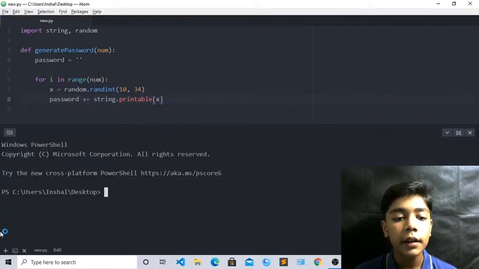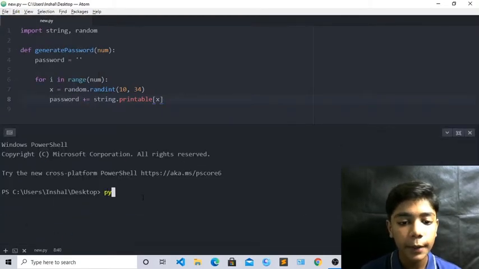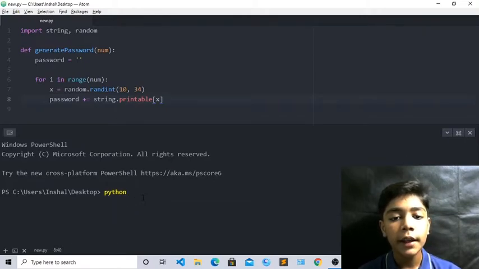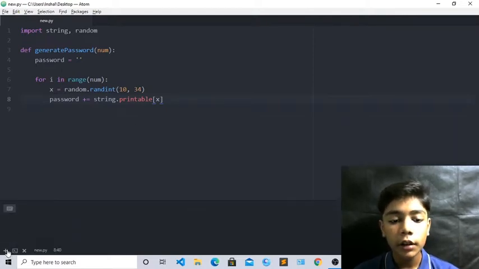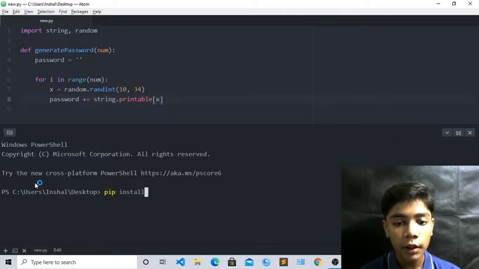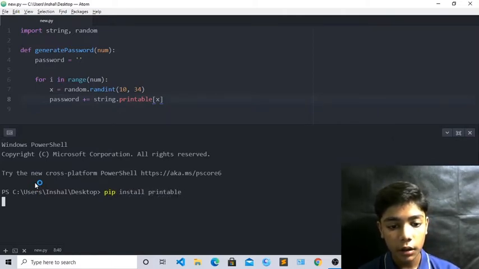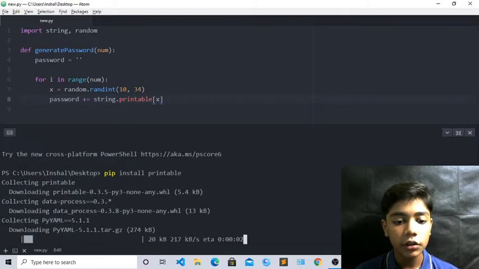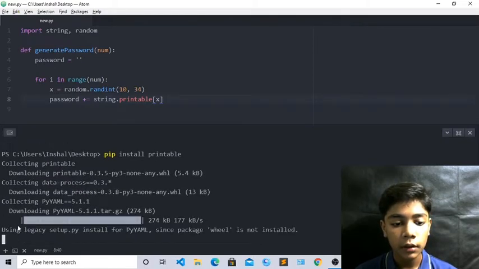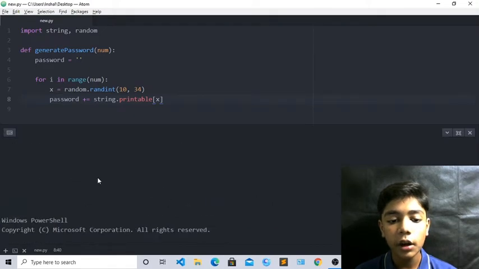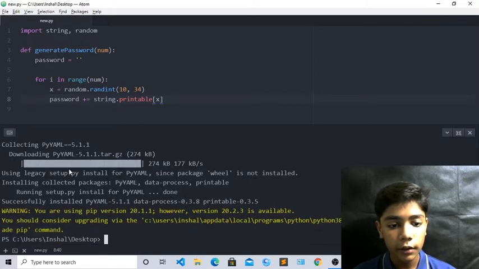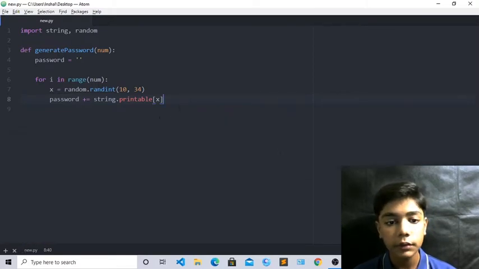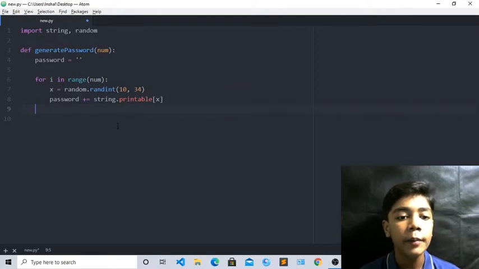Now go over here again, and write here python, which will be new.py again. So now it is working here again. Now when you have done all that, come over here, write here pip install printable. It is installing printable. You can see this, now it is done. You can see how easy it is to download everything from here, just very easy, and it is downloaded here. Now just close it, come over here, enter here and backspace here.